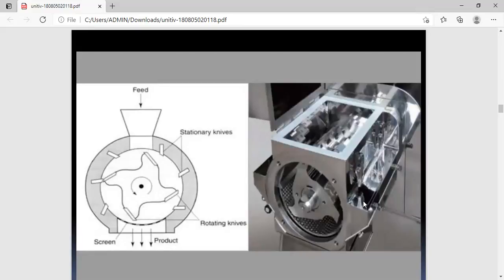So you can see in the diagram that there are perforations on the bottom side. So with gravity, when the materials are falling, they are sieved automatically. The oversized material are taken by the blades and they are impacted and their shear forces will be acting on the stationary and the moving parts and the material will be cut to size. Ultimately, all the material will go down the sieve.